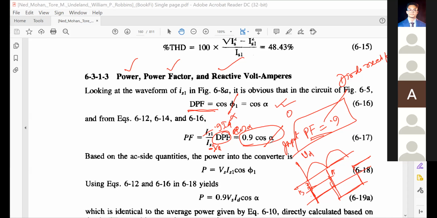0. So is it good or bad? Extremely bad. We want the input power factor as close as 1. You understand it or not? Yes, sir. Okay. Now,